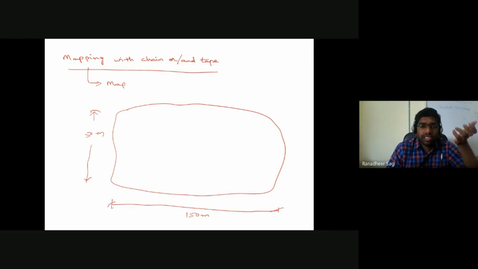Reconnaissance. So in the case of any survey, as we have already discussed earlier, our first basic objective is to carry out what is called reconnaissance. What does reconnaissance mean? Reconnaissance is nothing but a kind of preliminary survey that we carry out, going to the field, identifying and understanding the different objects existing in the field which I want to transfer into my map. Okay, so that is what we call reconnaissance.